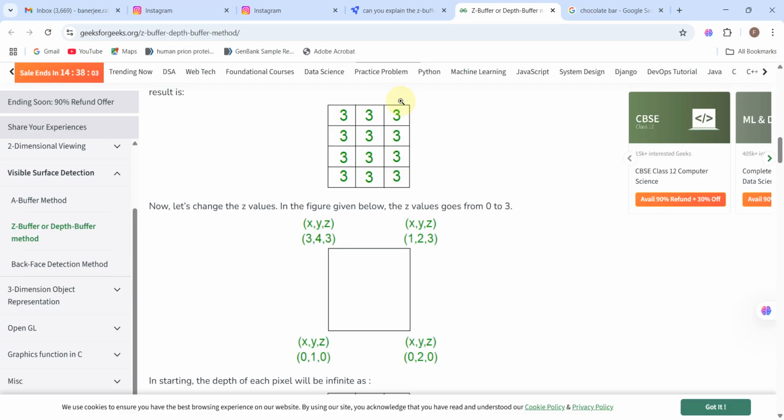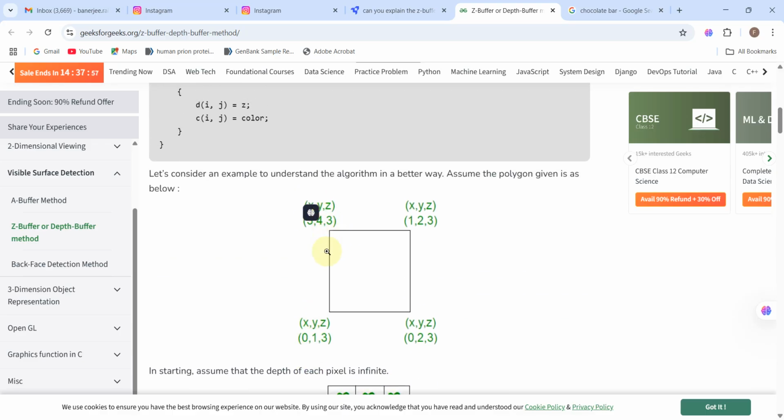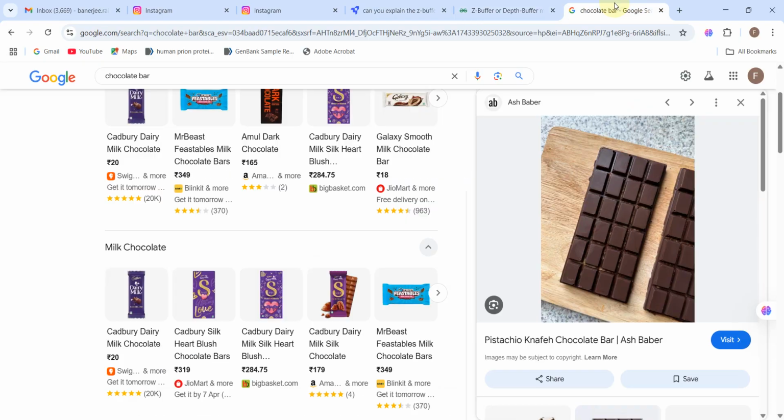Then you are going to get the matrix of z coordinates like this if we have a plane which is not tilted on the z axis, like this chocolate bar which is not tilted according to the z axis because it's on the chopping board.